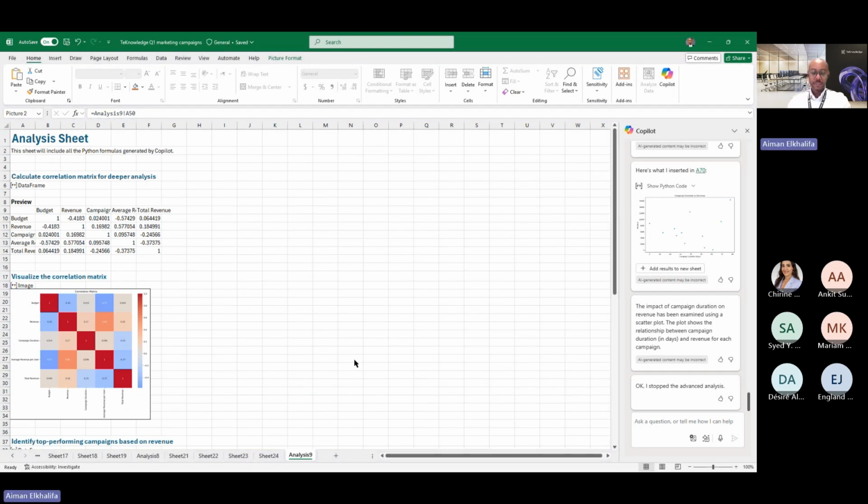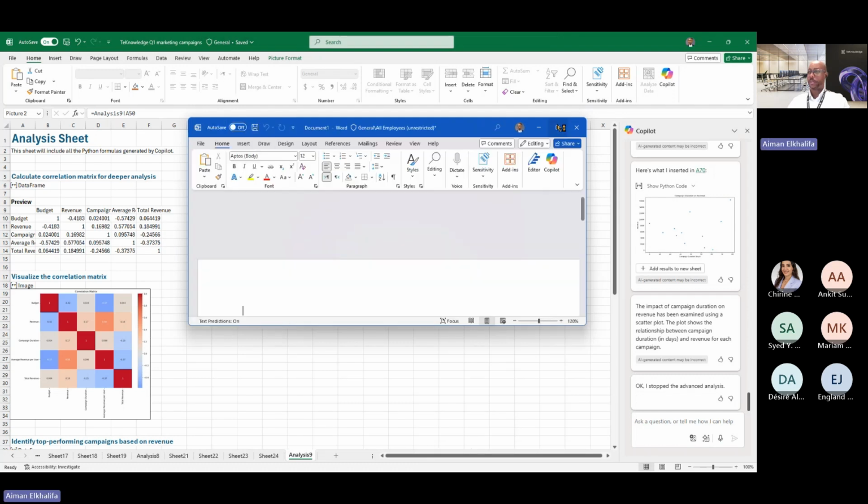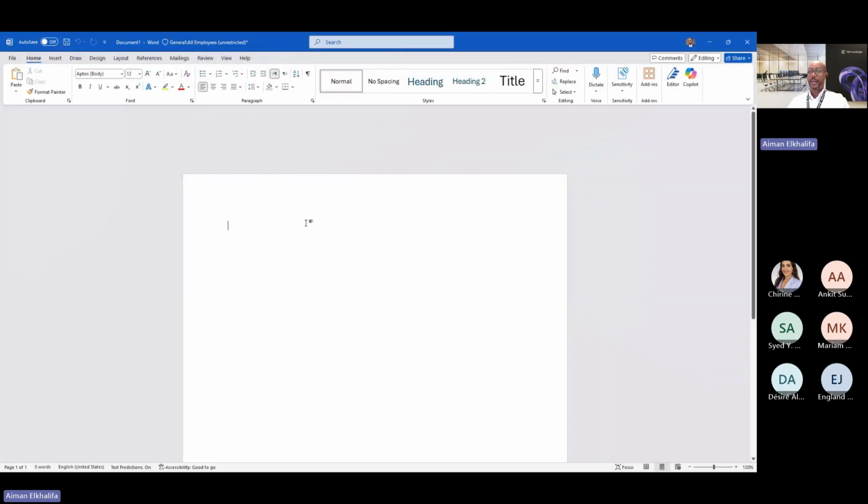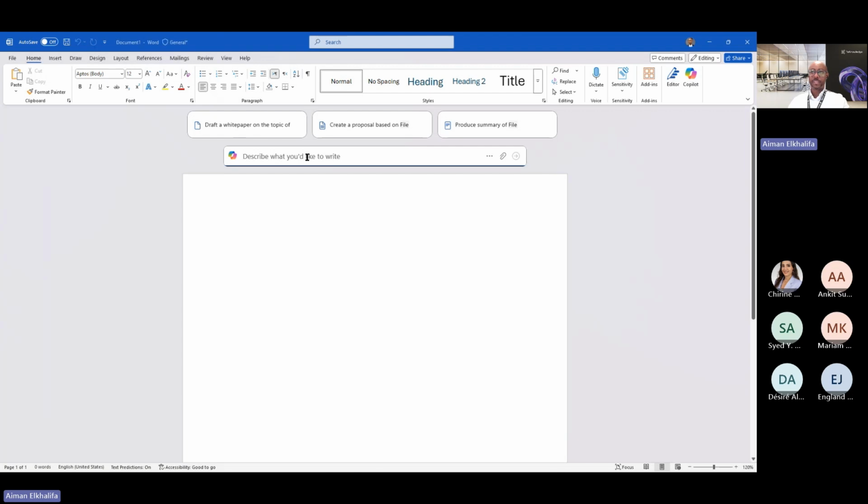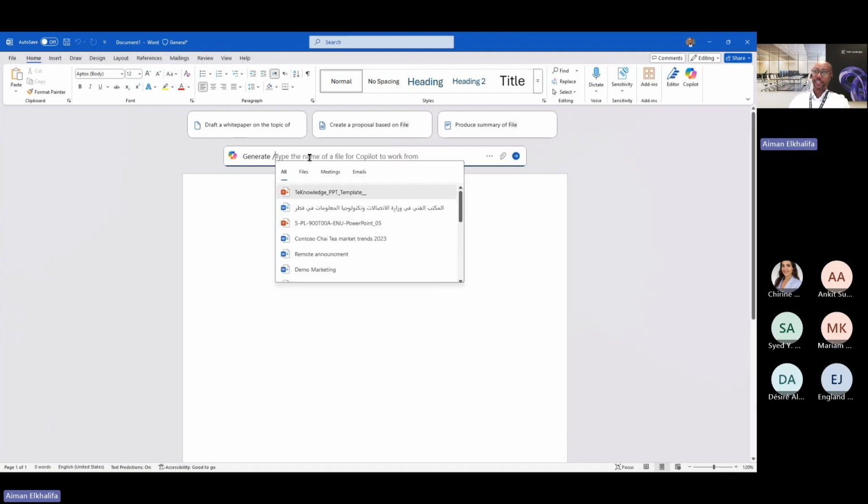All right. Similarly, you can create and generate Word document content. In Word, you click on Word, Copilot is there, you can't miss it. You ask Copilot to generate whatever content that you want. I can ask Copilot for a topic, or I can reference a certain file by clicking on this button